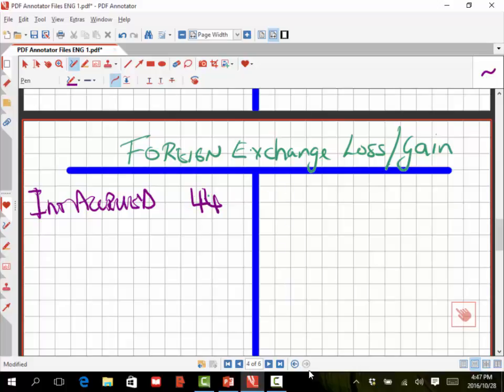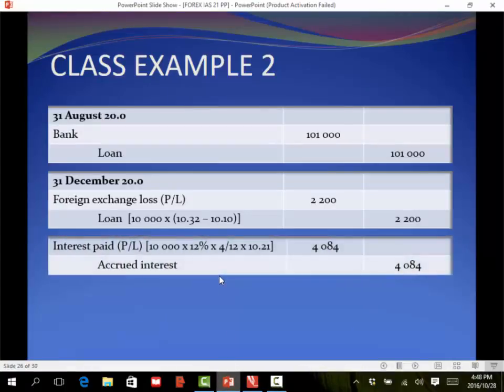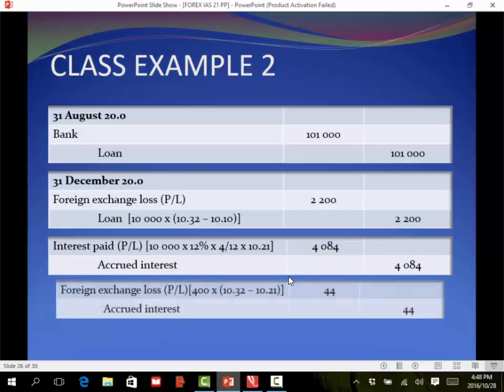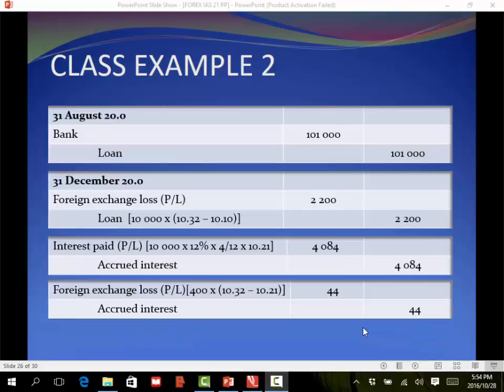So let's have a quick look at the journal itself, and there you have the interest paid journal. Debit the interest paid 4,084, and credit the interest accrued 4,084. And finally, your adjustment to your accrued interest account, debit foreign exchange loss with 44 rands and credit accrued interest with 44 rands. We have now successfully completed the journals for the 31st of December 20.2 financial year, and the